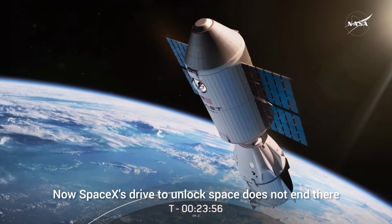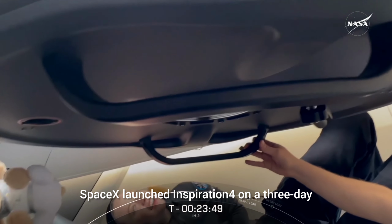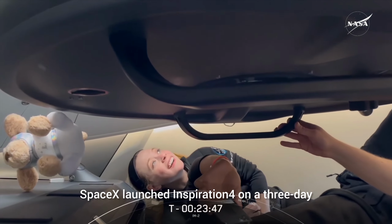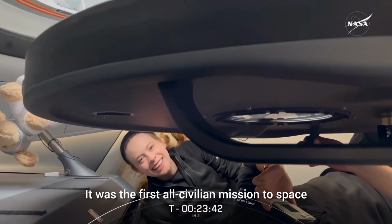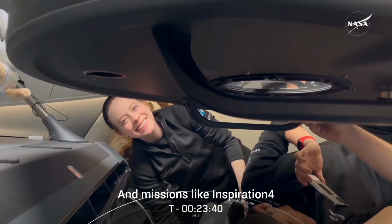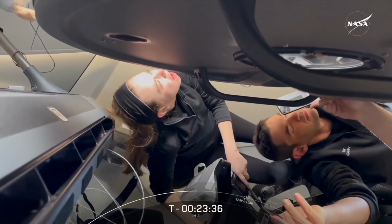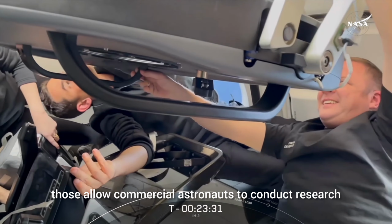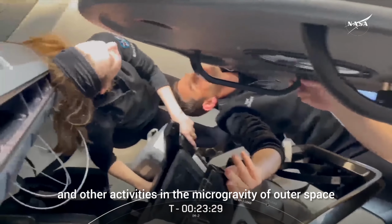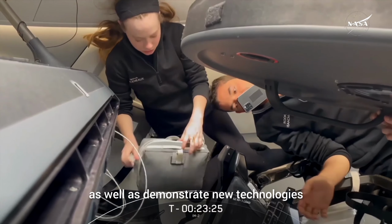Now, SpaceX's drive to unlock space does not end there. In 2021, SpaceX launched Inspiration 4 on a 3-day journey around the Earth. It was the first all-civilian mission to space. And missions like Inspiration 4 that you can see here, Polaris Dawn, and the upcoming Fram2 mission, those allow commercial astronauts to conduct research and other activities in the microgravity of outer space, as well as demonstrate new technologies